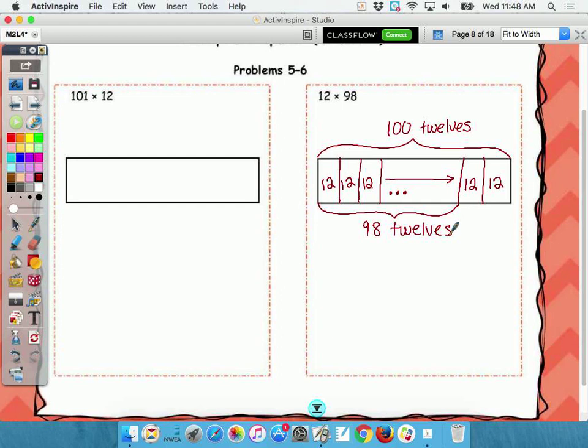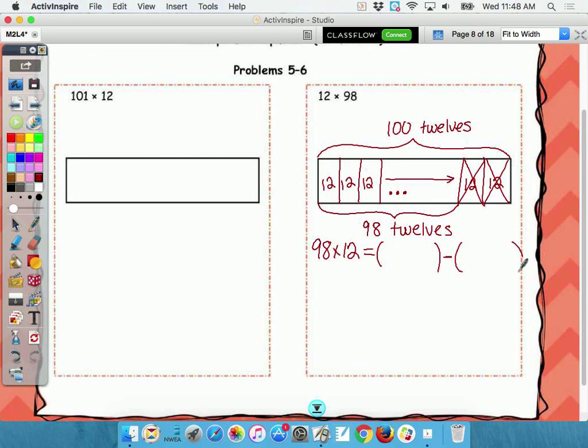So I've got to figure out 98 12s. What number am I going to use? 100. 100, right? So to figure out 98, do I add some groups of 12s or subtract some groups of 12? Subtract. How many? 2, because 98 is 2 less than 100. Okay, so my thinking is, I'm going to change it to 100, but then I'll have to subtract a little bit when I'm done. Okay, so this is 98 12s equals,